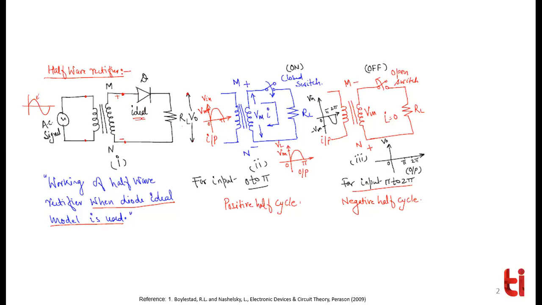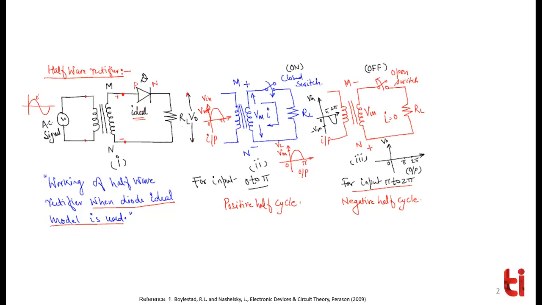Let's say this diode is an ideal diode. We are not considering the silicon diode here. Let's first understand with the ideal diode. If the ideal diode is understood, silicon will follow, you just have to add a 0.7 volt battery. Everything will be the same. So this is positive and this is negative. As soon as this becomes positive, since this is the P end of the diode and this is the N end, the diode becomes forward biased.